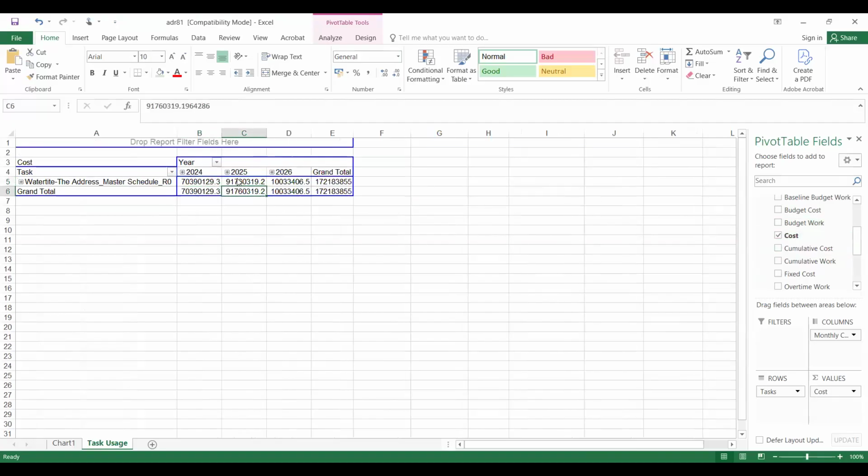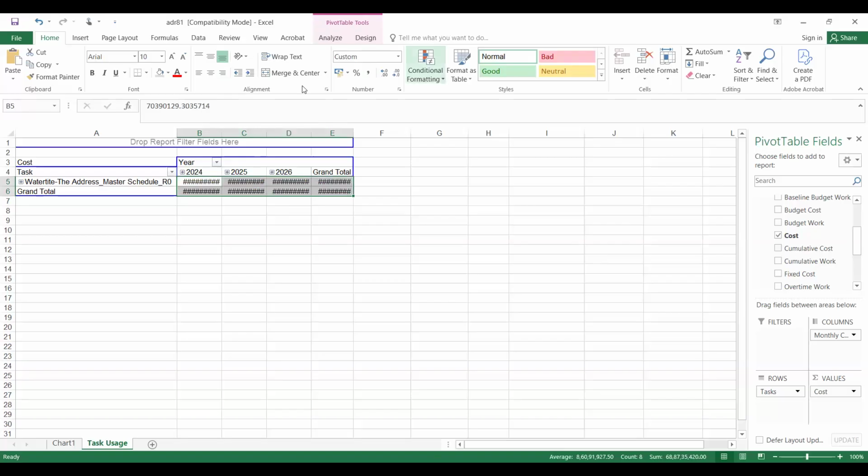Check here. This is the annual operating plan: around 7 crore for 2024, around 9 crore for 2025 and 10 crores for